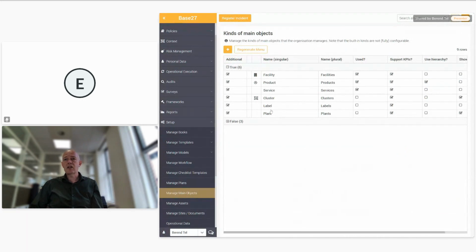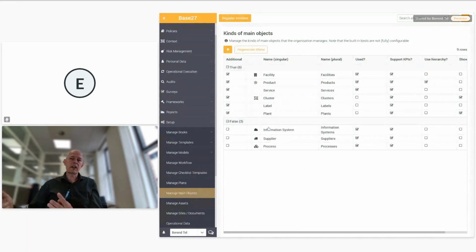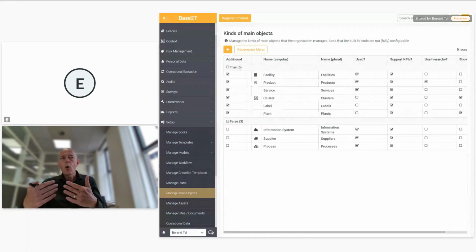And here you can see that not only the default and built-in objects like information systems, suppliers, and processes, you now also have the opportunity to add certain items like facilities, products that you offer, or maybe some production plans that you manage, which you can then all use just like you would for information systems, for example, to start your risk analysis, do your audits on, have some reporting on. It really extends your context of what your management system